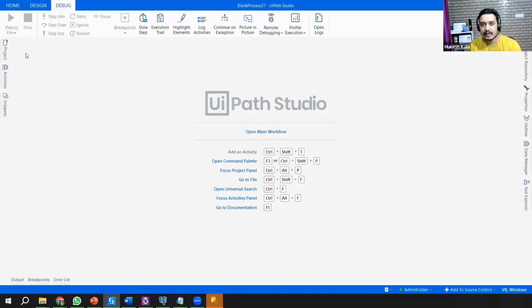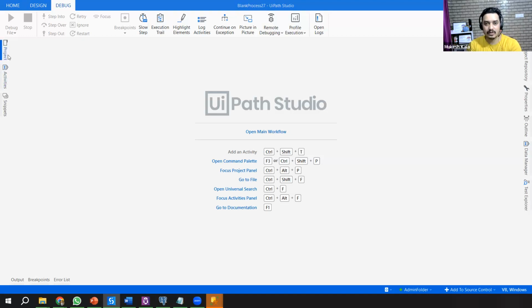Whenever we start with database automation, can anybody tell me, this is not a test, would I need to add the database dependency in my project? What do you guys think? If I have to do an Excel automation, I have to use the UiPath Excel dependencies. If I have to do a Word automation, I have to use the Word dependencies. Similarly, yes, absolutely correct, because how would I get the activities otherwise? So this is my project.